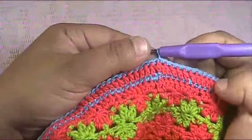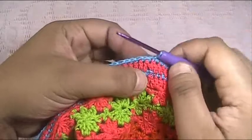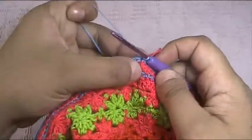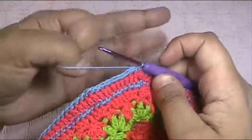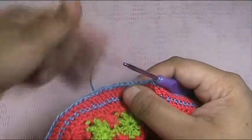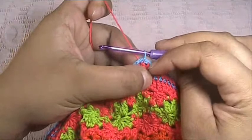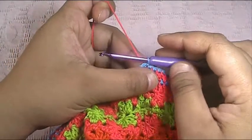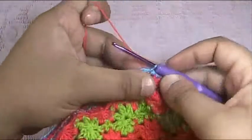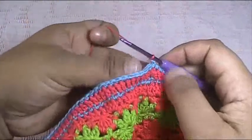Finished this row with a slip stitch into the first single crochet in the row. Then I'm going to switch color to the essential or first color because I'm going to form the layers of the dress. So pull the first yarn like this